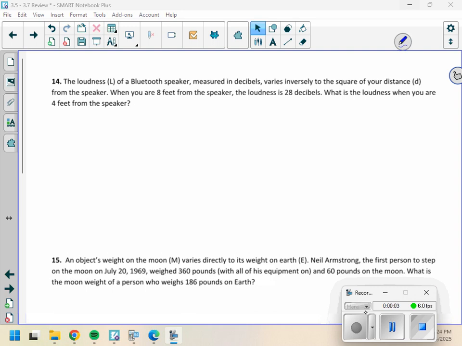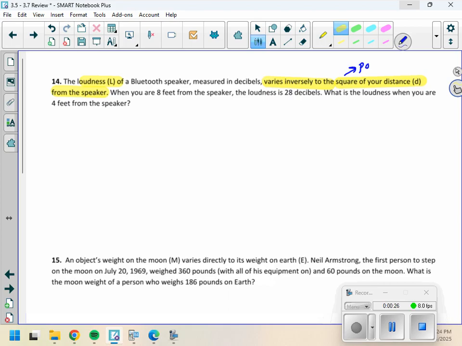This is question number 14. This is one of our word problems. The loudness of a Bluetooth speaker, L, measured in decibels, and this is the key sentence right here, varies inversely to the square of your distance from the speaker. So loudness varies inversely to the square. The square means power of 2